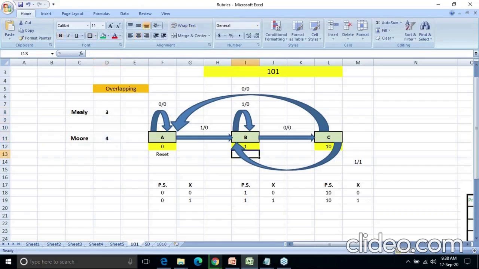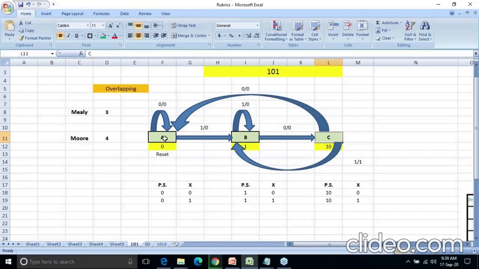Now, how to start? Everyone, just draw the proper number of states in your book. You need to draw circles. How many circles will you draw? I have the 101 sequence to be detected, so I require a total of 3 states. So draw 3 states. The first is this, which I have already drawn, so I'm just putting the cursor over here. Second is B, with proper spacing in between. And third is C. You can place it as a circle also, but I have taken a straight line because it is simpler.